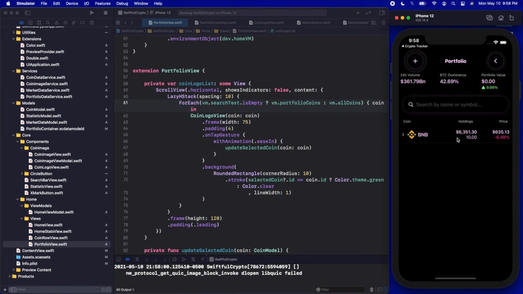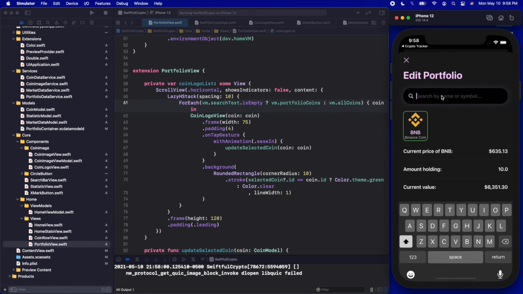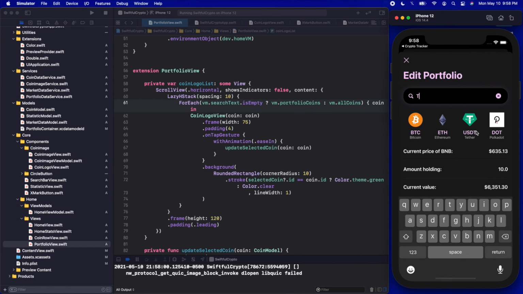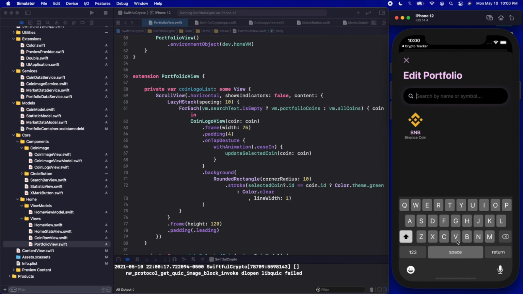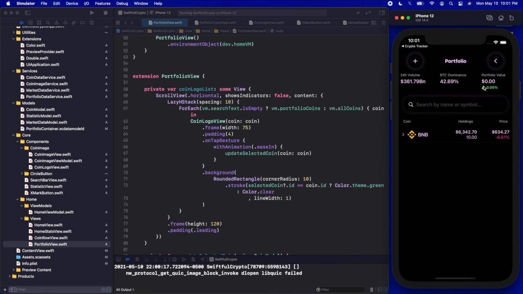All right, jump over. We have BNB. Let's click it. And now we have our portfolio coins popping up. That's why BNB is popping up here first. We can see that we have 10. And if I start typing something else, all the other coins should start popping up, which is exactly what we were looking for. So let's type in Bitcoin. And now we can see all of the Bitcoins coming up. And as soon as we click the X, it should revert back to our portfolio. Awesome. All right, guys, I did notice that the portfolio value up here is not updating,